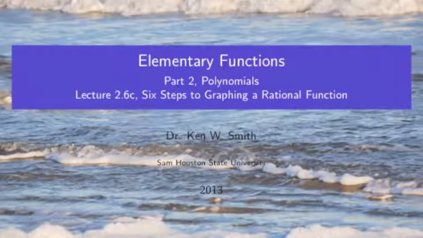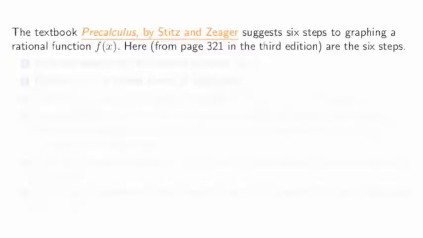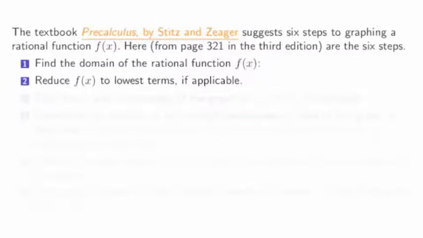In this presentation, we organize 6 steps to graphing a rational function. In the free textbook by Stitz and Ziegler, it suggests 6 steps to graphing a rational function. These steps are: find the domain of the rational function, reduce the function to lowest terms, find the x and